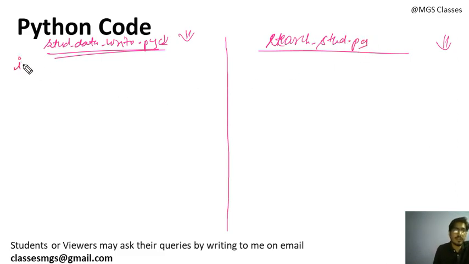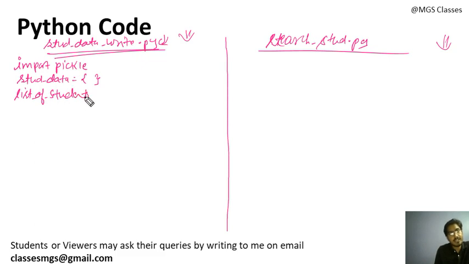Okay, so first of all you need to import the pickle module. Import pickle, because we are going to use the pickle. First of all you will create a blank dictionary to hold the student data. Then I am creating a list of students, so that you can insert into the list of students. Blank list and blank dictionary will be created. Now I take the number of students you want to insert in the file. Number of students I will take from the user, it will be an integer, so that you can use a for loop to take the student data input. Enter number of students.